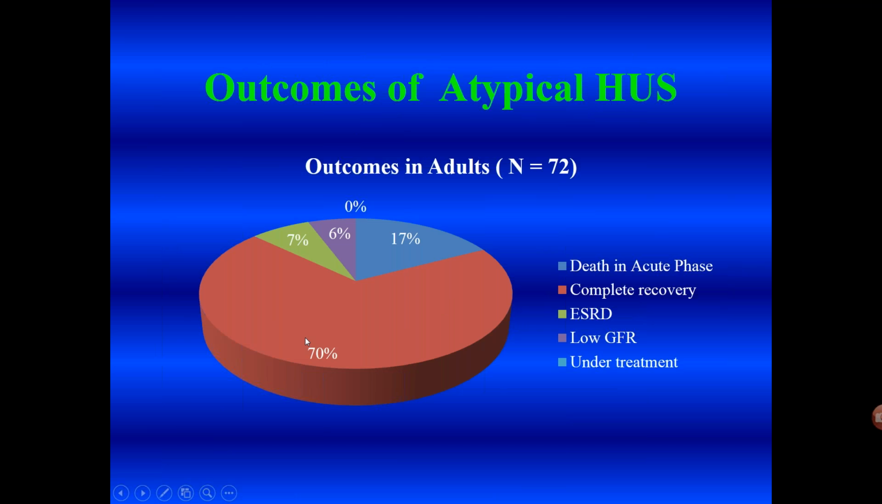70% resolved completely. Death in the acute phase, however, was still seen in 17%. Many of these were catastrophic antiphospholipid syndrome with APLAS, and ESRD in 7%, and some of these patients actually weren't treated fully. When we looked at category-wise what was happening to these patients,